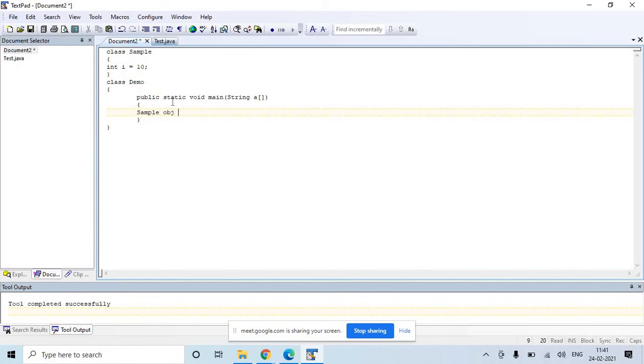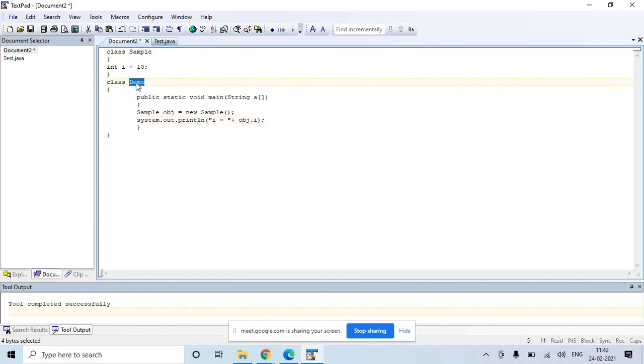Sample obj is equal to new sample. And here if you want to print the value of I, you will use System.out.println, I is equal to plus obj dot I. You can print the value like this.